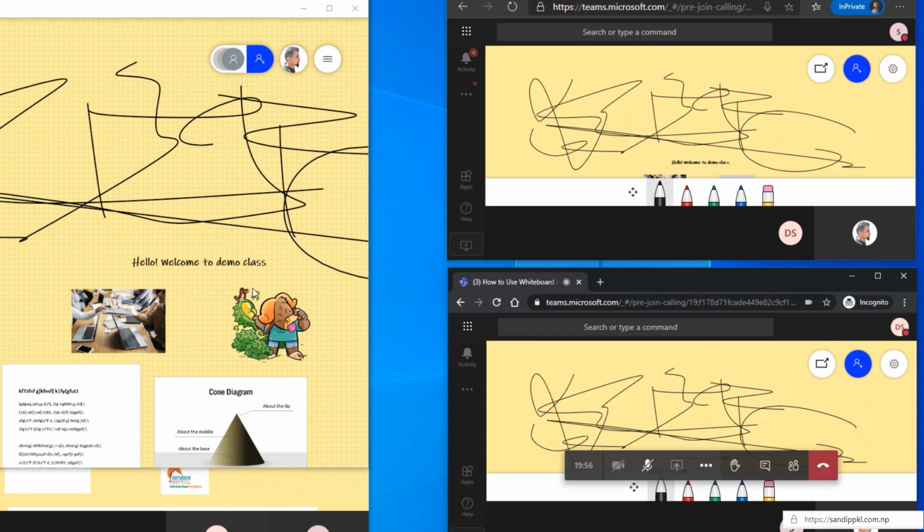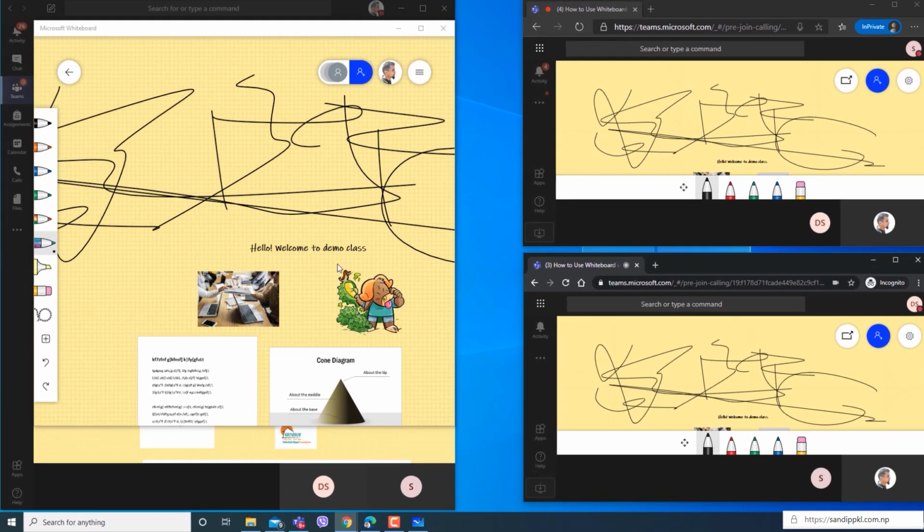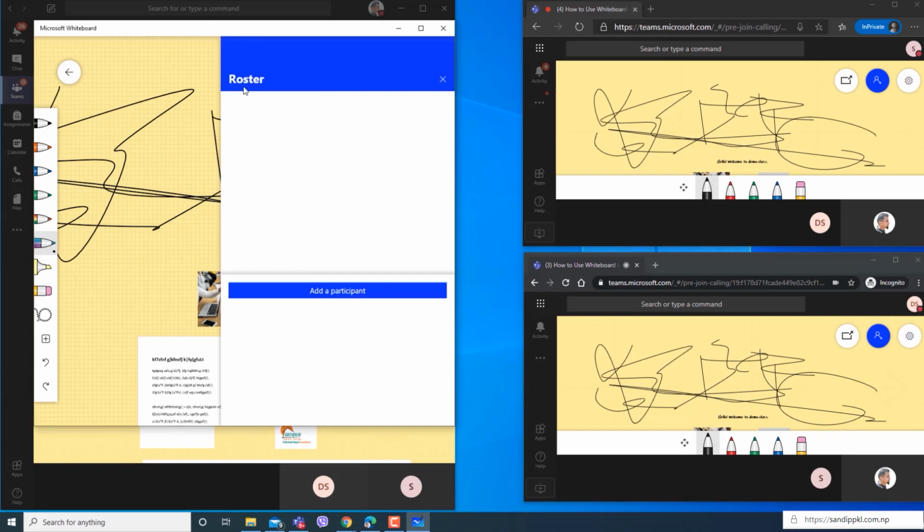By this way students can use pen tools or any other tools and interrupt you during online classes. Therefore you can set the settings from here. You can move to roster and manage setting.